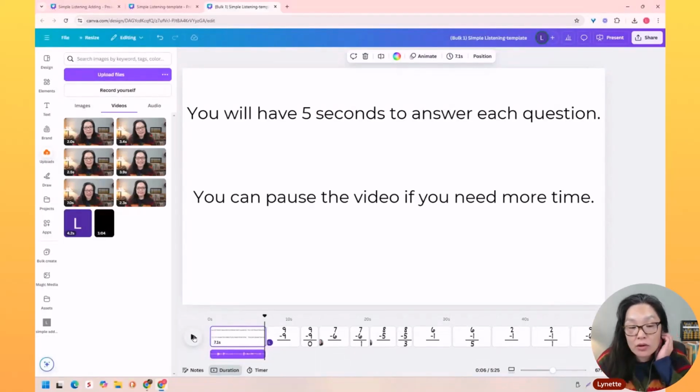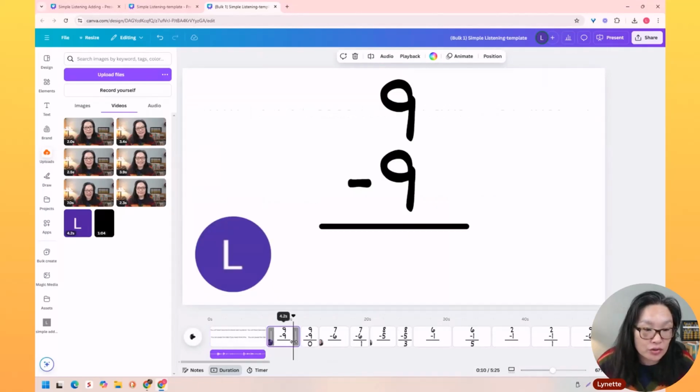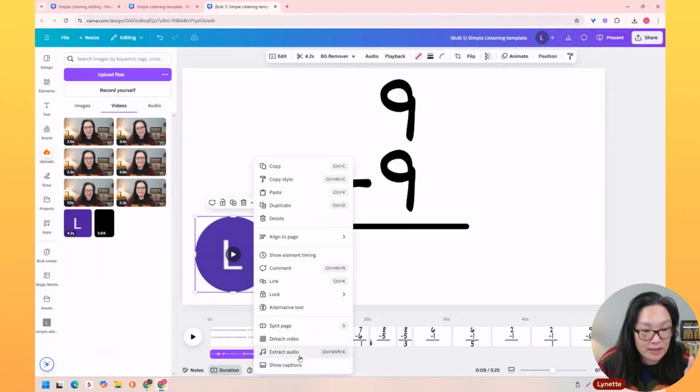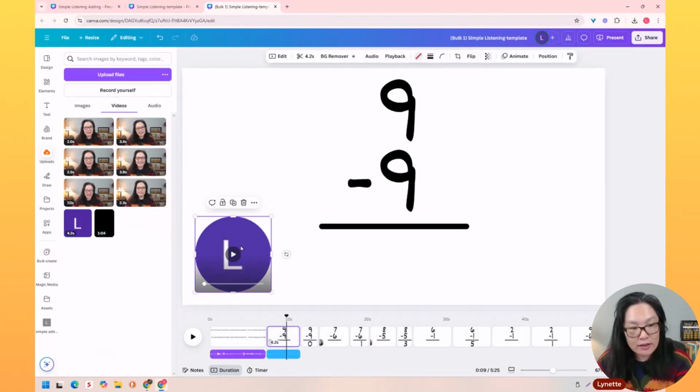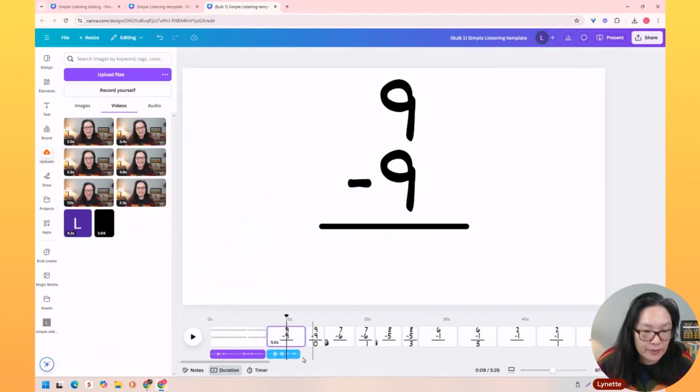And then what I did notice is that if I did extract it, okay, so I'm going to extract this one because I only wanted to say the number. So I'm going to take it, I'm going to extract it, and then here it is. I'm going to delete my video. Notice it goes from here to here. So when I play,